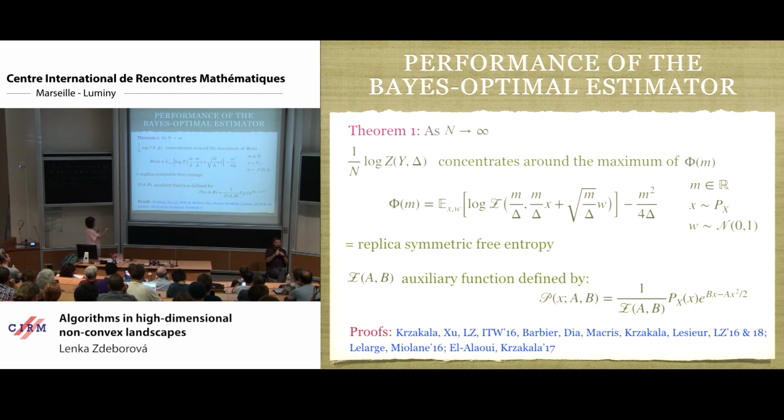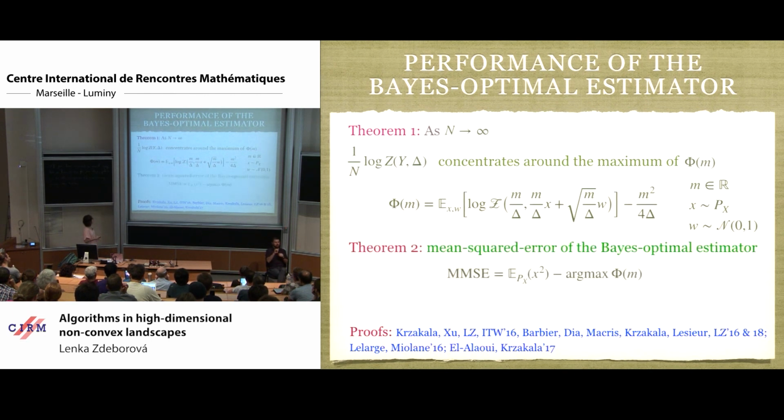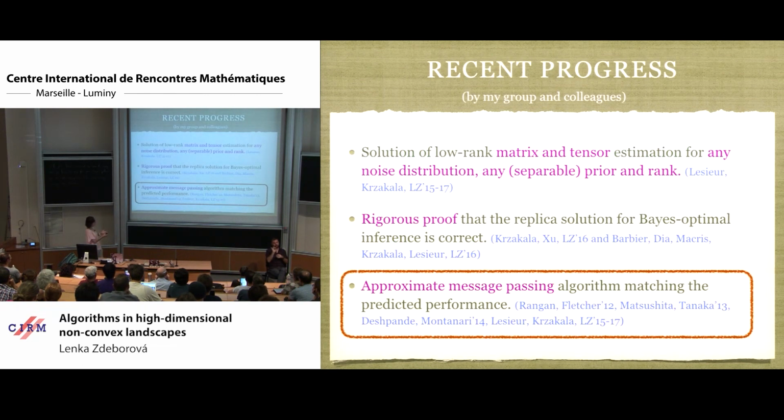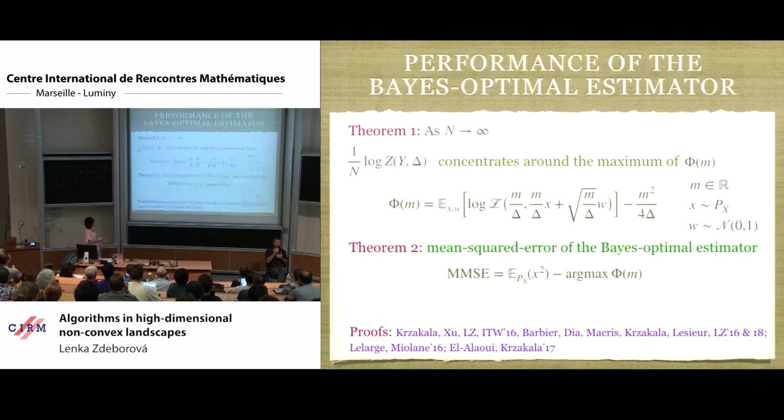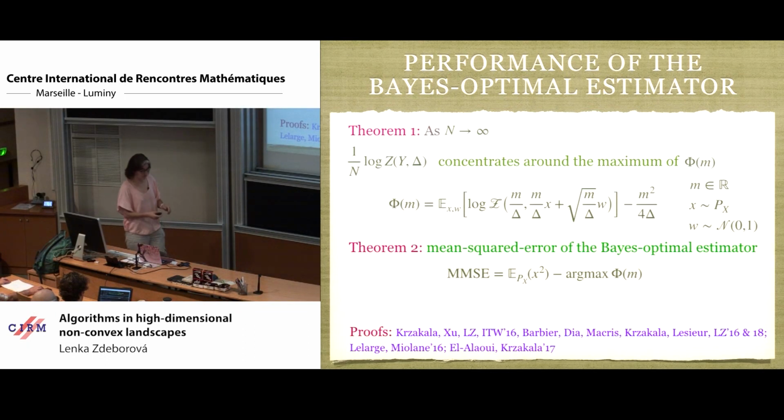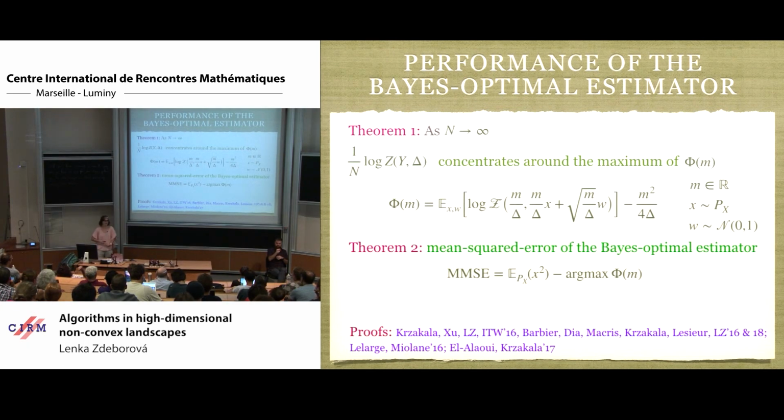And why are we interested in this, what we call the free entropy? Well, that's a generating function for anything interesting. So notably, part 2 of the theorem is that, if we take the m at which this function is maximized, then this leads to the minimum mean square error that is achievable by this Bayes optimal estimator. So it directly translates into what is the optimal error. So that's why it is kind of interesting.